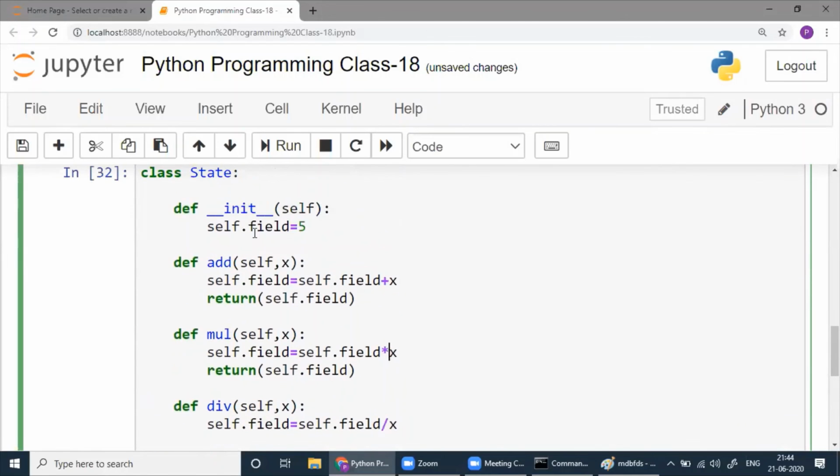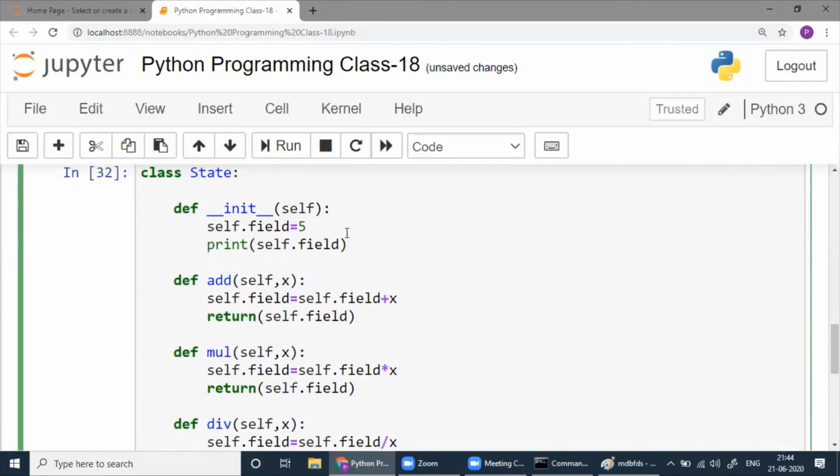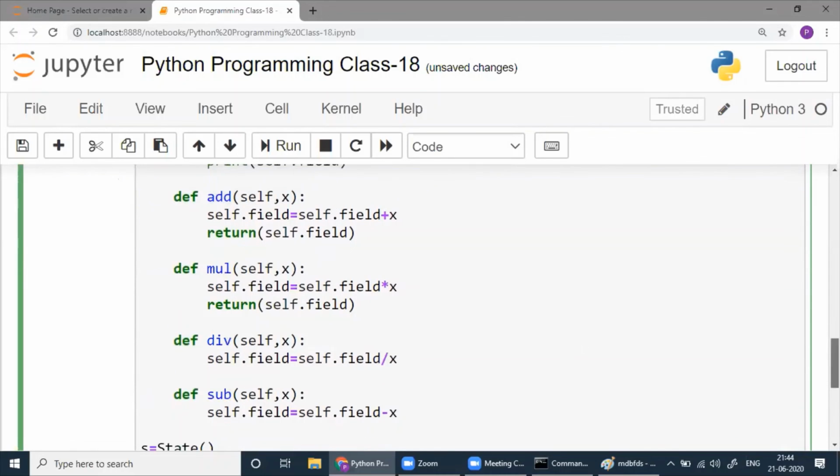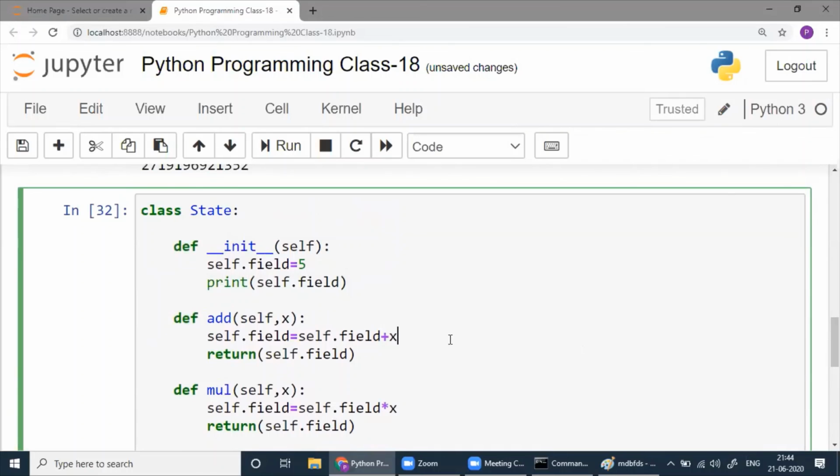Even if you want to check this, if you write a print statement, see, because this is automatic, this is the initialization method. Even other students asked me, what is the use of this? This will also be the answer for them.